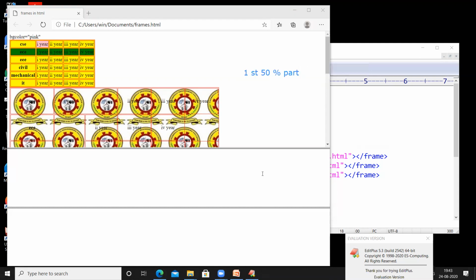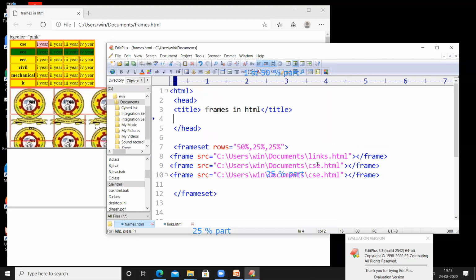And next, this is the 25% part of the web page, and this is the other 25% part of the web page. So there is nothing in CSC, that's why it has displayed empty. Now let us change.